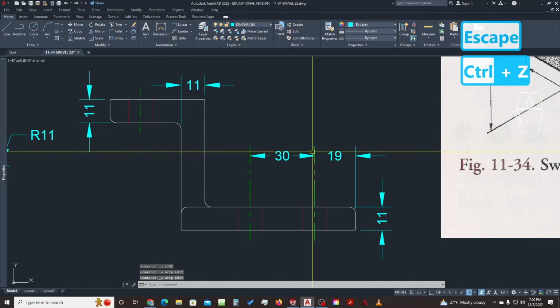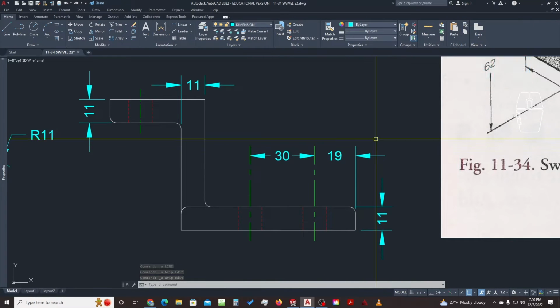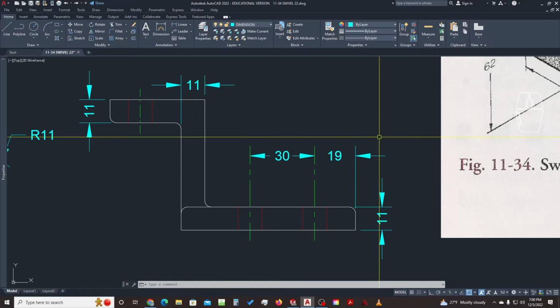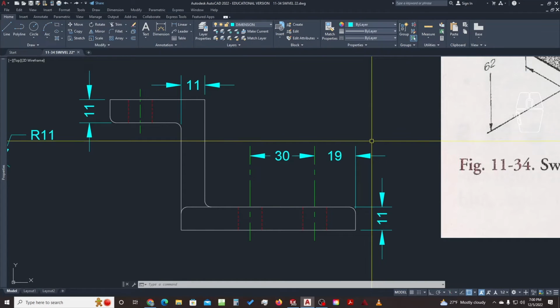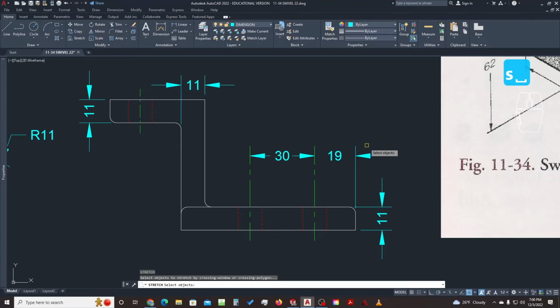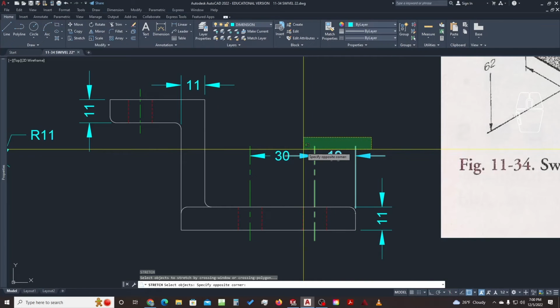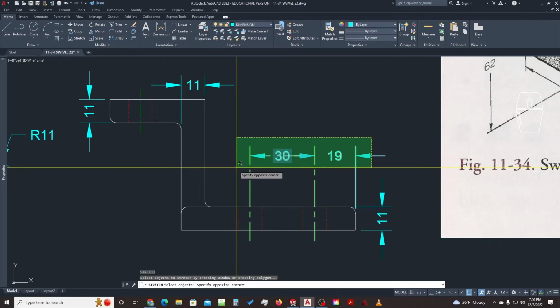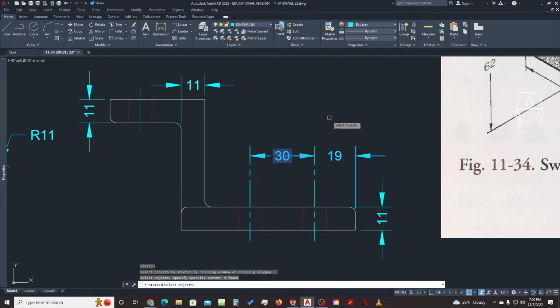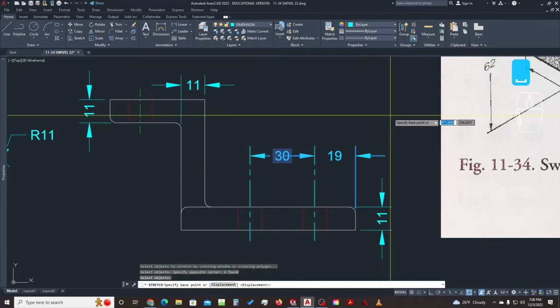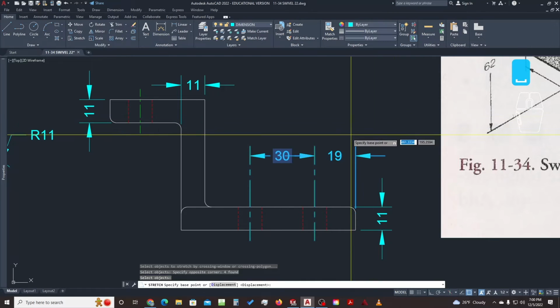to move these together, I want to use a command that we haven't talked a lot about, and it's called stretch. So stretch is done with the S key, so S space, and as long as I highlight all of the grips that I know I want to have control of inside of this window. I want to have control of all these top grips as well as the grips for the text. Now I can hit enter and then click anywhere or somewhere specific if you want to,